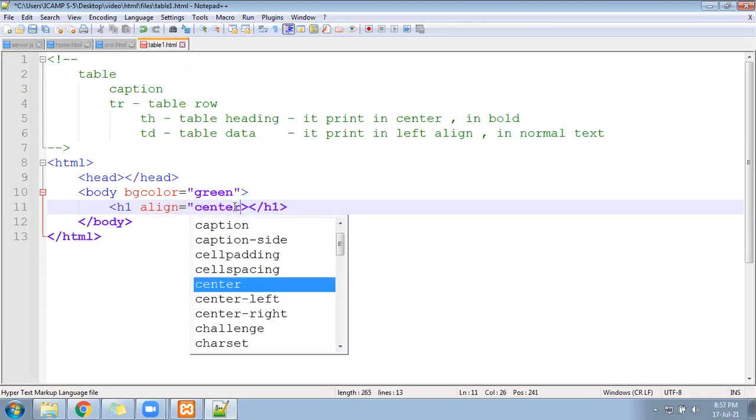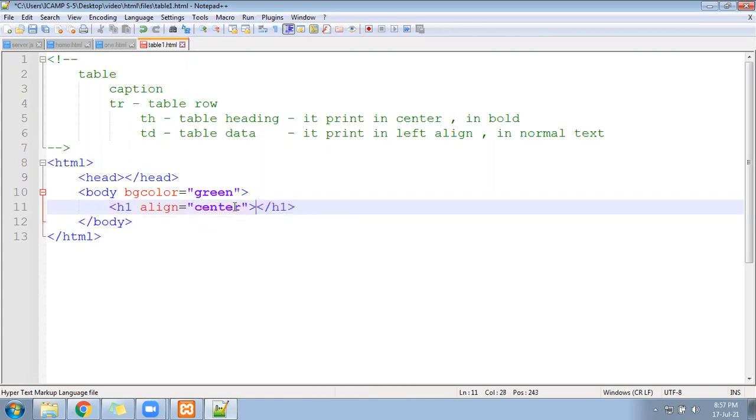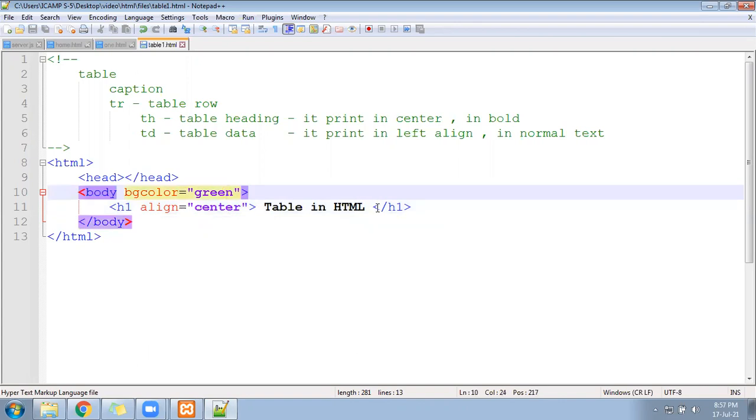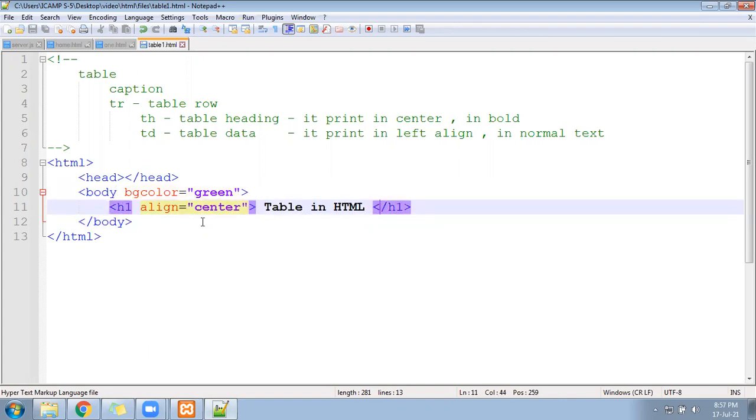It should print in the middle and it should be saying like table in HTML. Okay, table in HTML. And you remember the background is green color and this text will come by default as a black color, so it may not be visible properly. Let me show you. See here, it's coming in which color? Black color, right? Black color is coming.